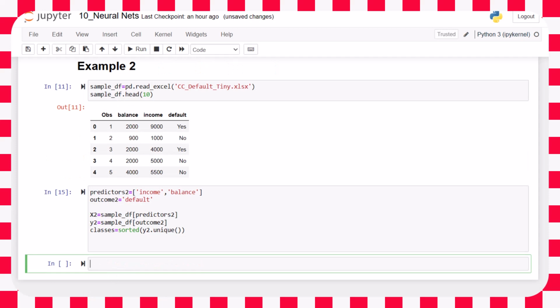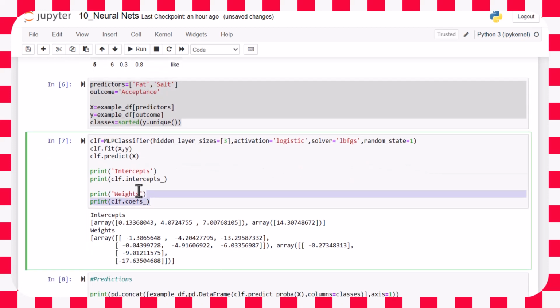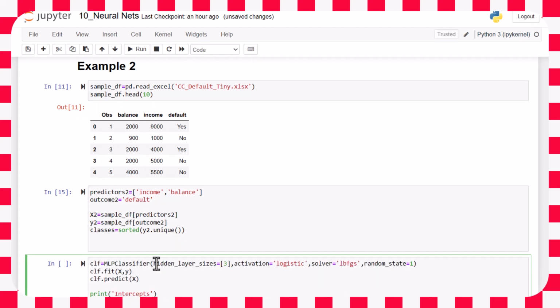The rest of the procedure is more or less going to be the same, so that's why I'm going to copy and paste it from here and then change a couple of things. So copy this and paste it here. The only difference is going to be x2, y2,